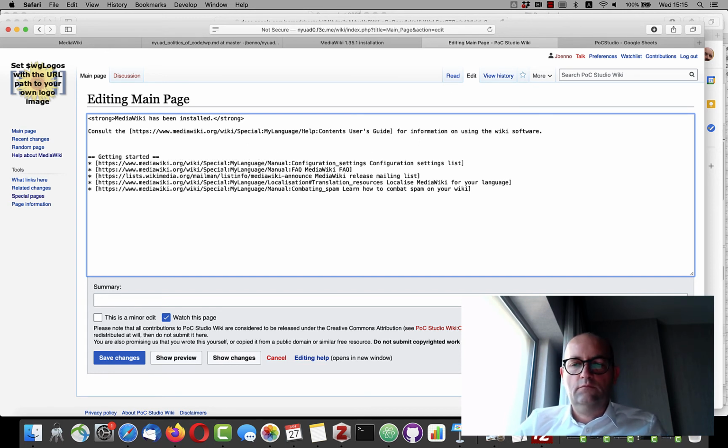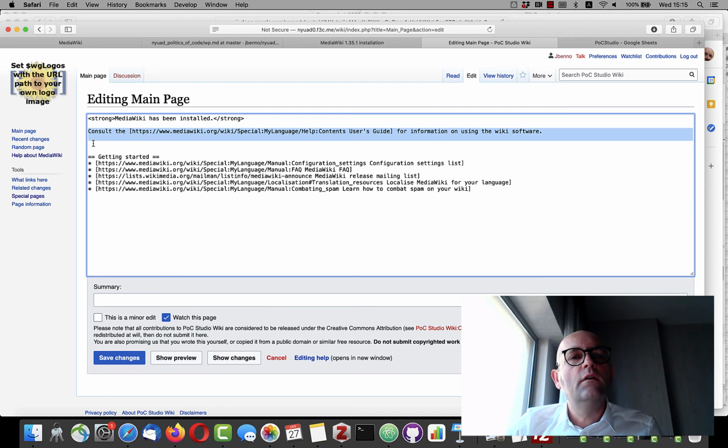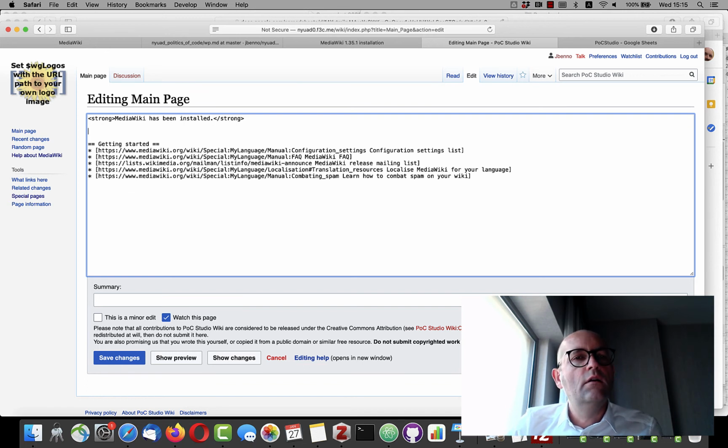So the equal signs are on both sides, really like a tag opening and closing.